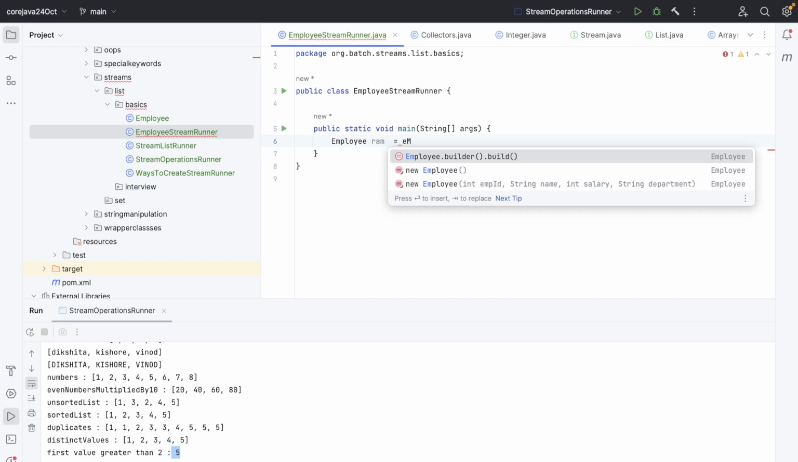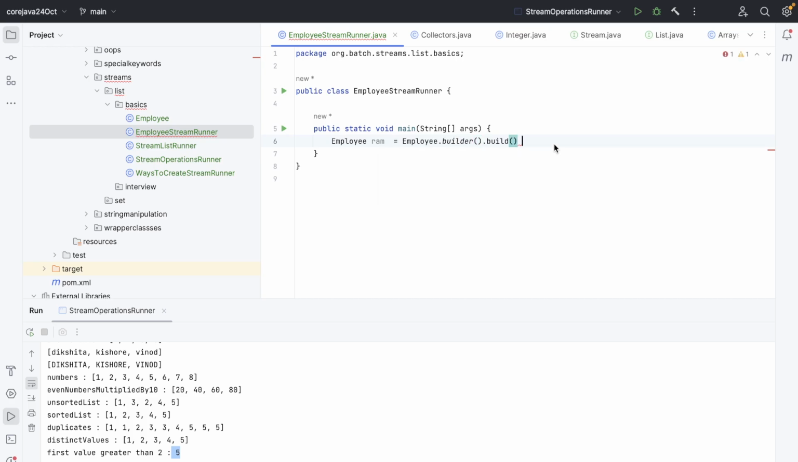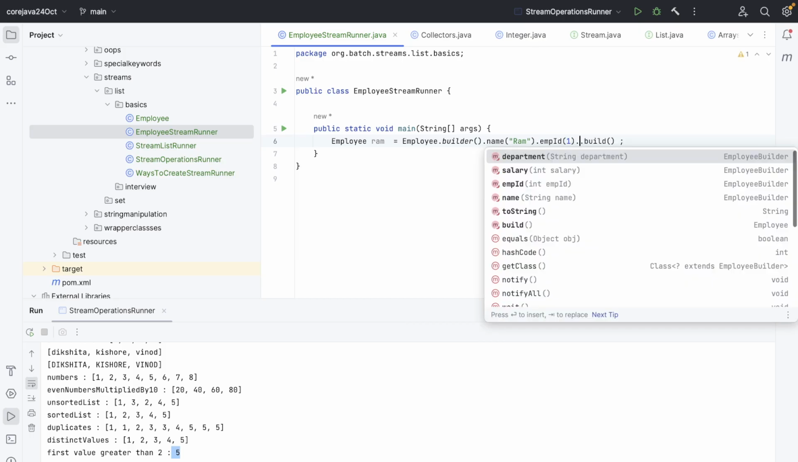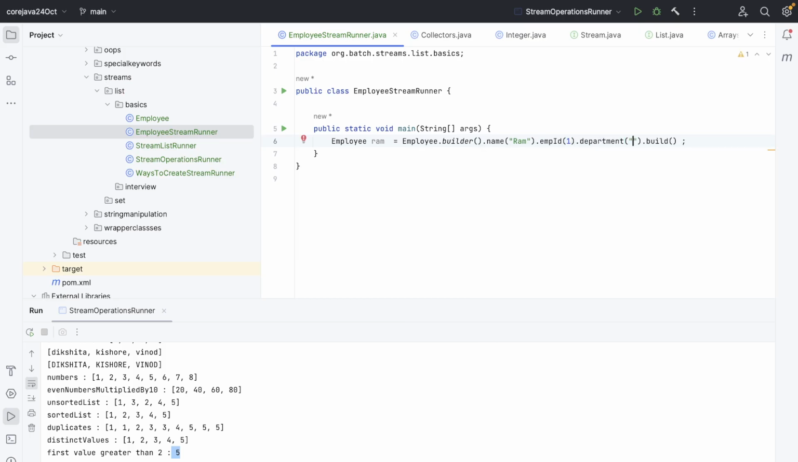and employee, then give the name, which will be Ram, and the employee ID will be 1, and the department, let's say technology, and salary, let's say 100,000, 10,000 lakh,